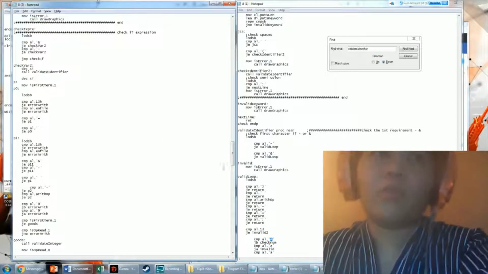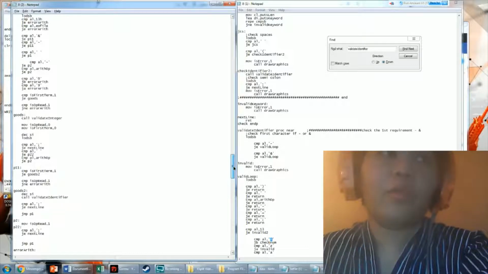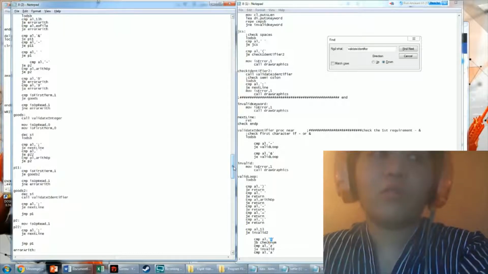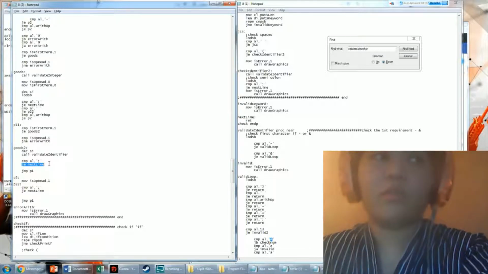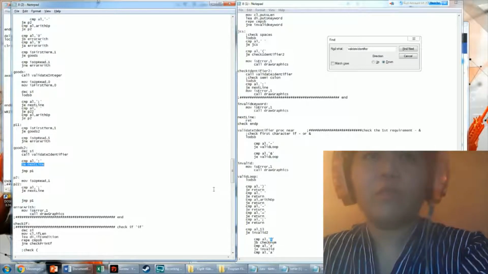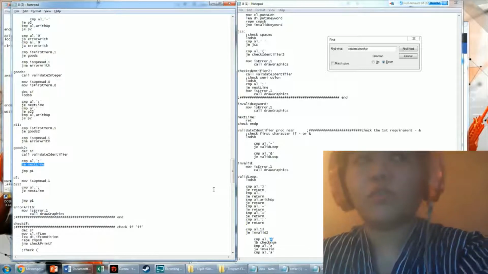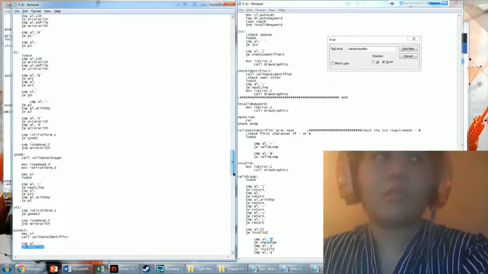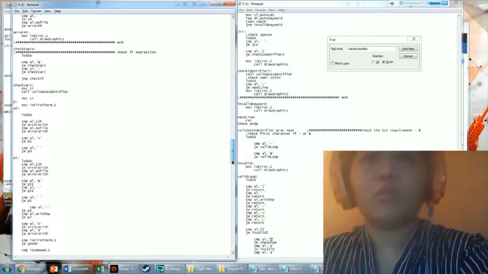This is where it happens, and this also includes the part where it determines if there's a need to go to the next line. Basically, that's what the check expression does, and it checks as well if the expression between the two parentheses